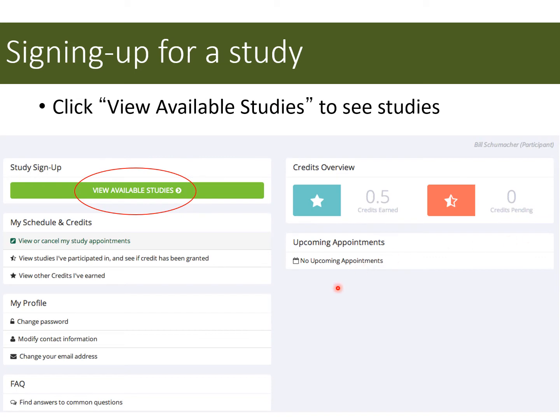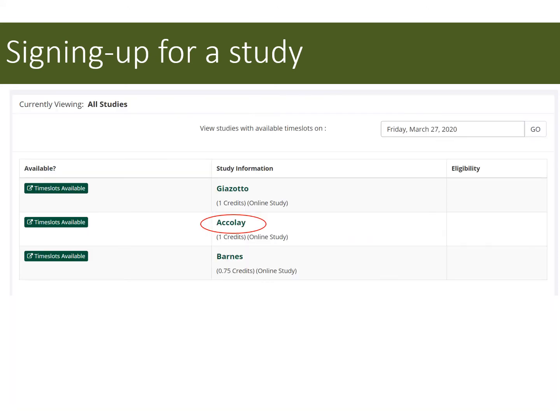Once you log in, you'll be shown this main page. This is the landing page for SONA for participants. When you first log in and you haven't signed up for anything or done anything else, you'll want to first go to View Available Studies, which is circled in red here, and it's this light green button that says View Available Studies. When you press to view all available studies, you will get a list of every study that is